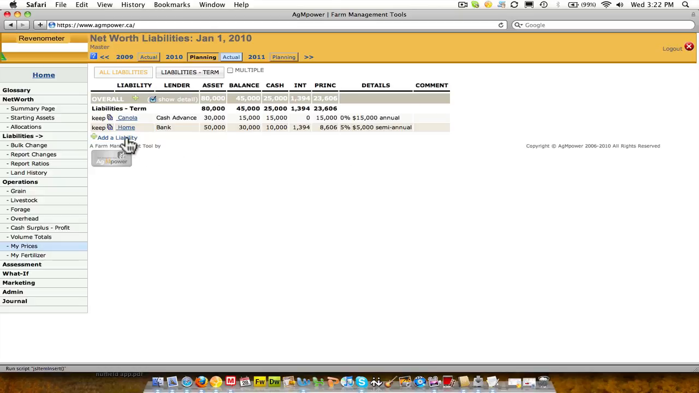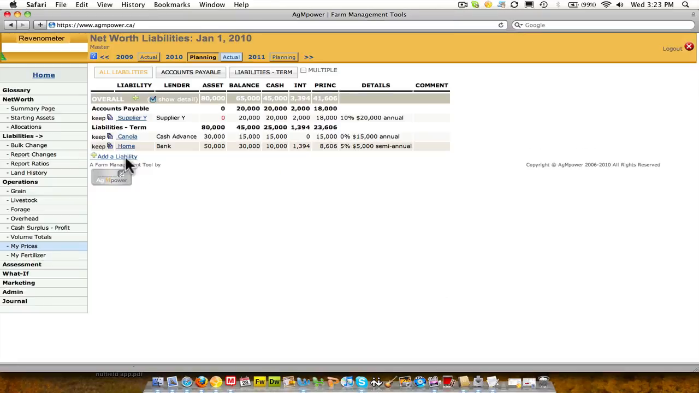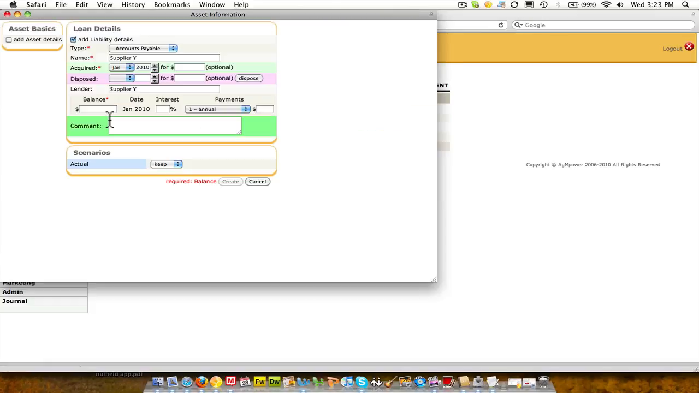But there are times when you don't have an asset to put a liability against. So hit Add Liability. For example, accounts payable. And this might be a supplier Y, and you came into the beginning of the year with this accounts payable, and the amount was $20,000 with a 10% interest rate, and of course that all has to be repaid. Create. You'd want to do that for all of your accounts payables, whether it is taxes,